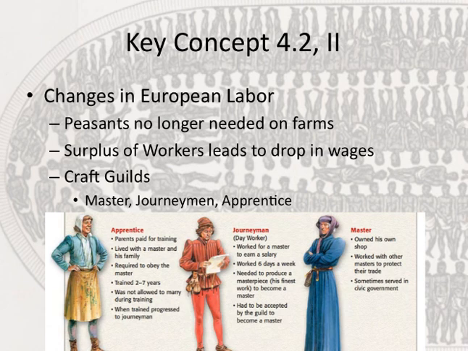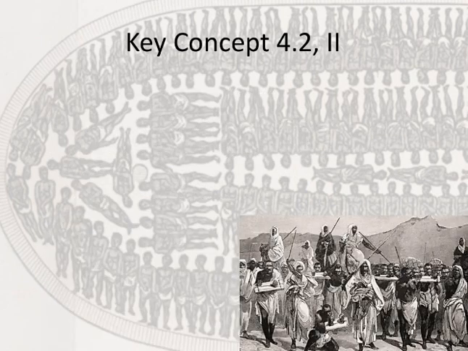Now, the major point of this key concept in Roman numeral is the emergence of new types of labor systems, which is something that the College Board loves to ask. They asked a long essay question about it last year. Don't be surprised if it's something that you see down the road either in class or on the AP test.